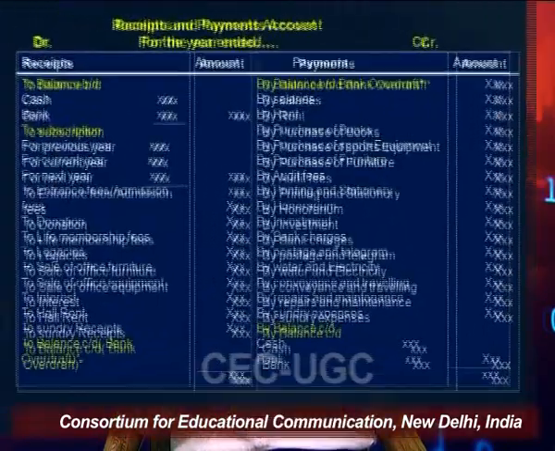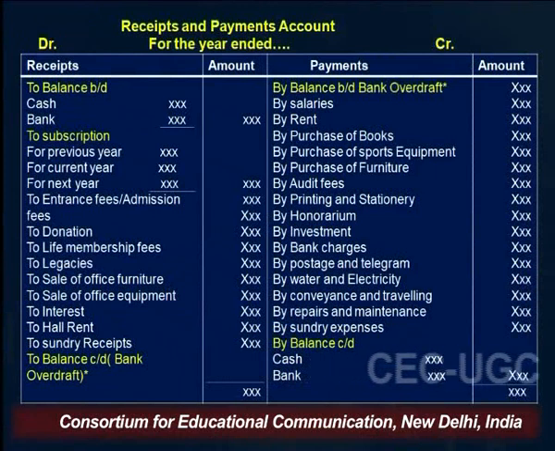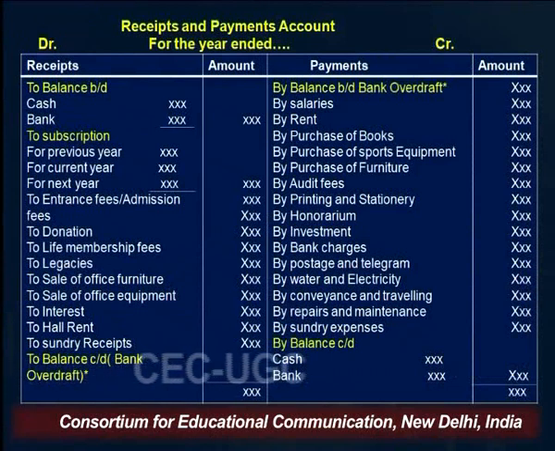So basically, when in the question a receipt and payment account is given and we need to prepare the income and expenditure account along with the balance sheet, in this situation, as we have already talked about how to prepare the receipt and payment account, we know that it is a real account and follows the cash basis. All types of receipts which are received in cash and all types of payments which are paid in cash are to be recorded here.